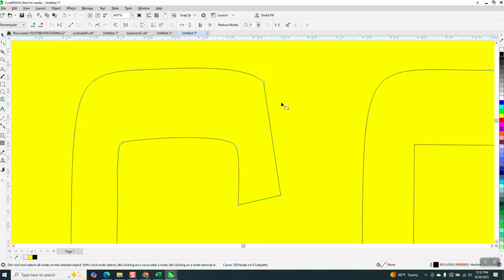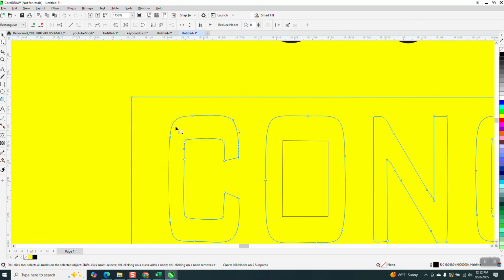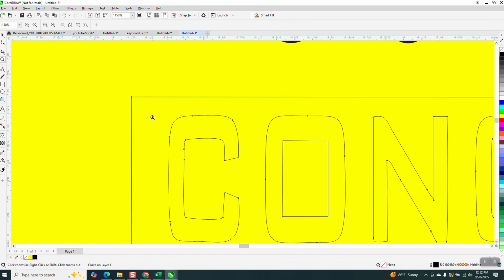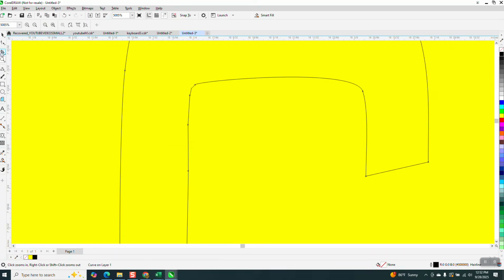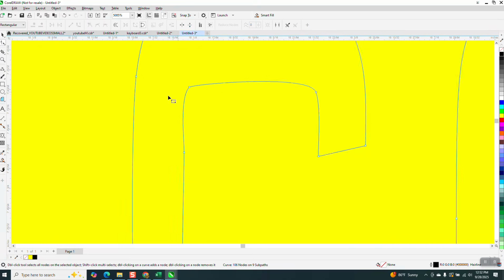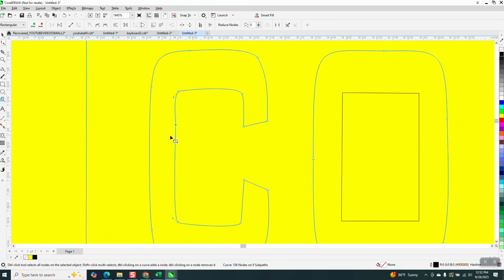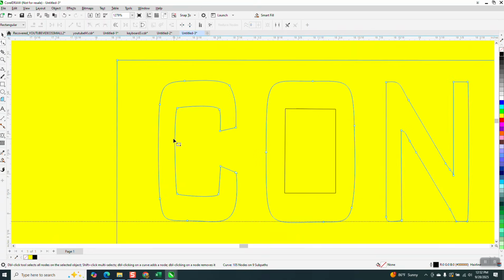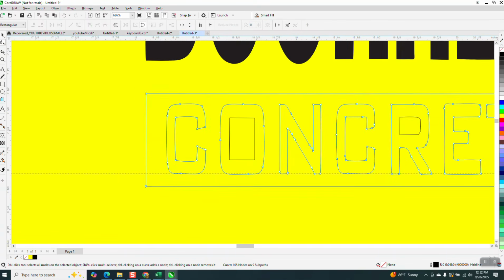See, I don't know why I can't turn that into a curve now. There we go. See, I still got an angled line there. Now, let's say you did all the work on this C, and I would take away as many nodes as I could. Like there's a kind of like a bad spot. Well, it's gone now. But let's just kind of play with it a little bit. So once you get the C where you think it is,